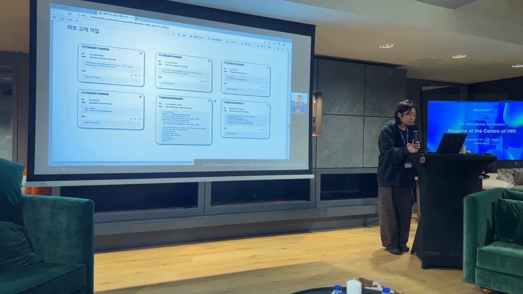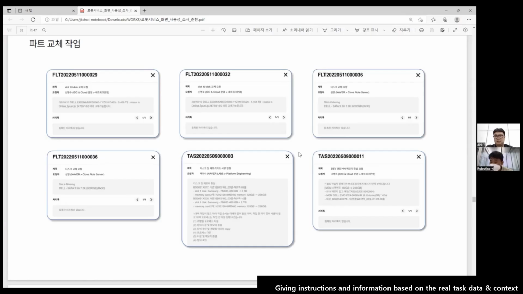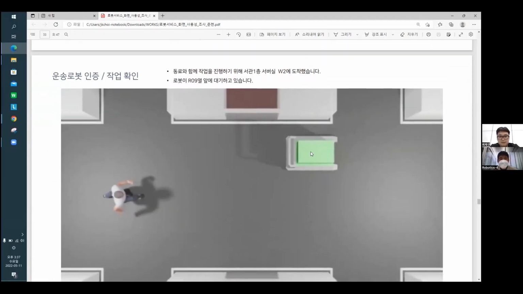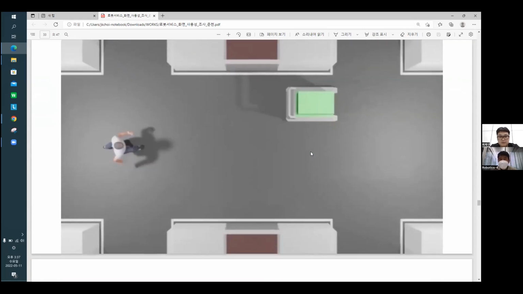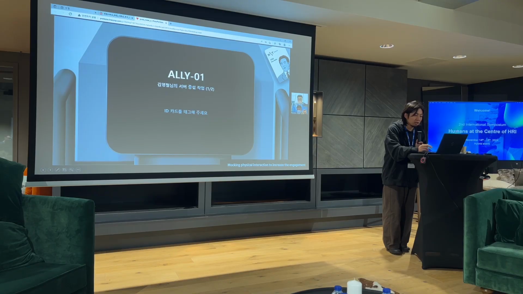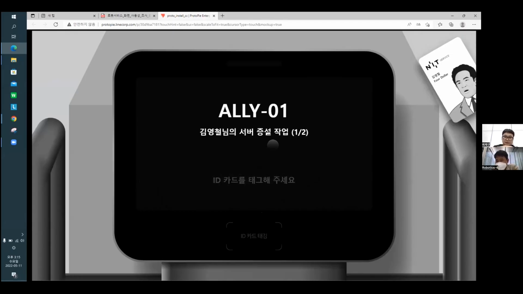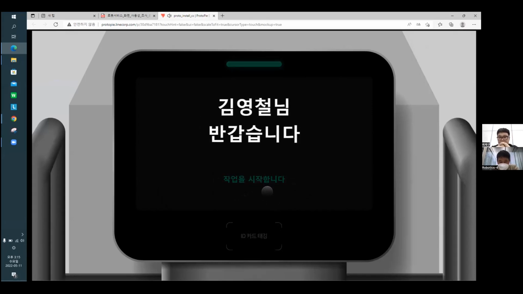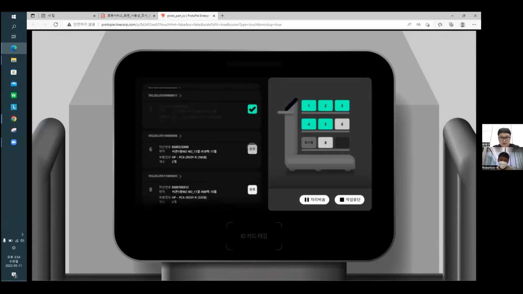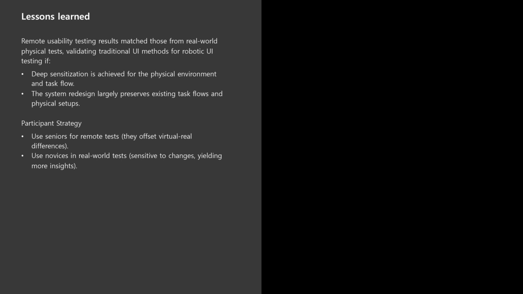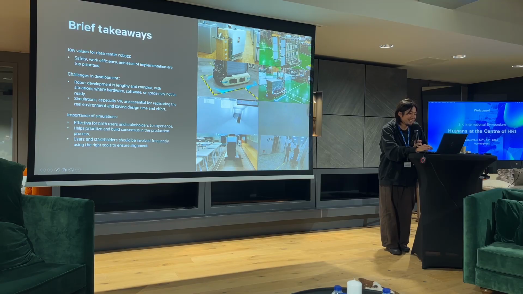And to maximize immersion during testing, we provided instructions and information based on real task data and context. Maybe I should move on. The results from remote usability testing using Zoom and the prototype align with those from physical usability tests conducted in real data center environments. I will conclude the